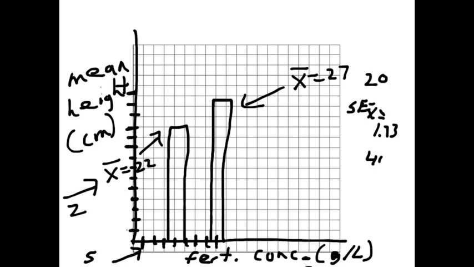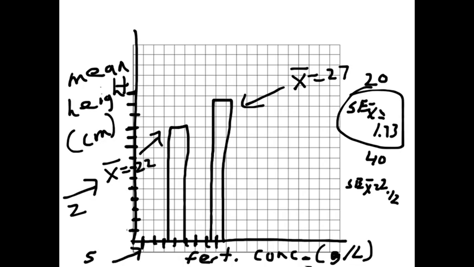For the 40 gram per liter sample, the standard error of the mean was equal to 2.12. So to create error bars, what we need to do is go up 2 standard errors of the mean from the mean, and also go down 2 standard errors of the mean. So for the 20 group, standard error was 1.73. Twice that ends up giving us